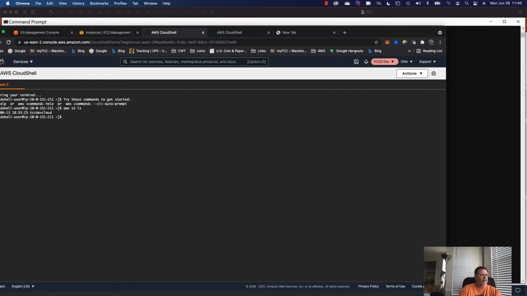And so I can run the command line interface here from the web, instead of having to install it on my machine. But it's very powerful, and so I can run every command. I can do all the administration. If you can do it in Amazon AWS, you can do it here in this Cloud Shell, or the command line interface that you install. It has full access, depending on the rights, right? So I gave this user admin access,